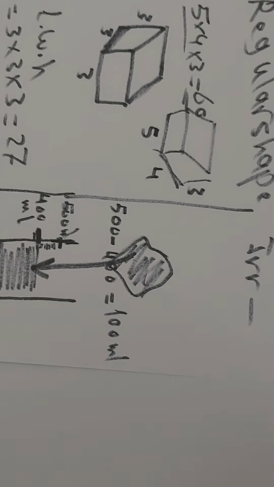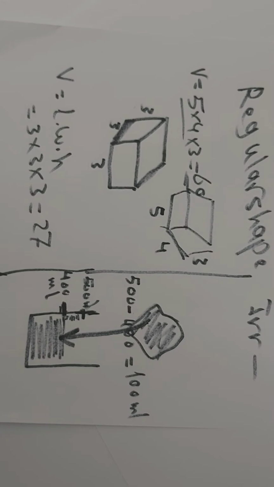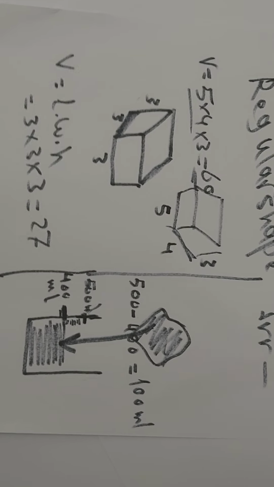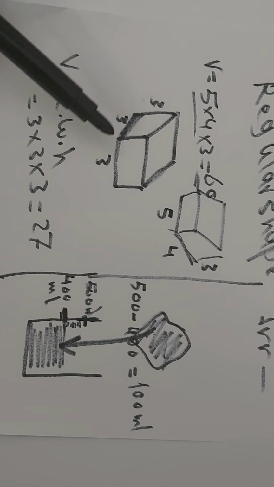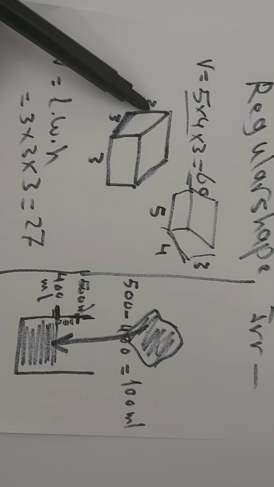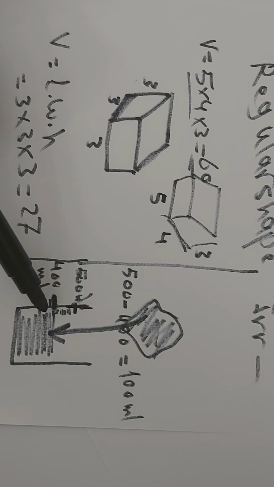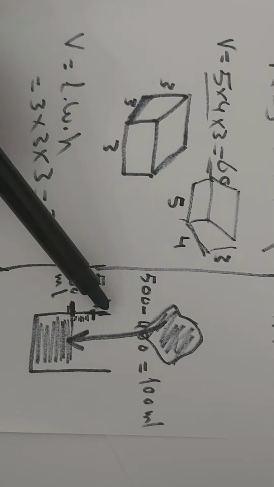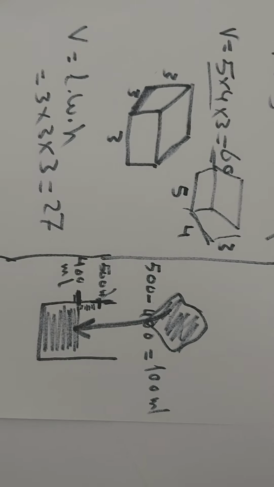So the two cases to find the volume of solid objects are if we have regular shape and if we have irregular shape. If we have regular shape, you have to multiply only length by width by height. If we have an irregular shape, by using measuring cup, you put liquid inside it, then you throw this irregular shape inside it. The difference between two levels will give you the volume of this